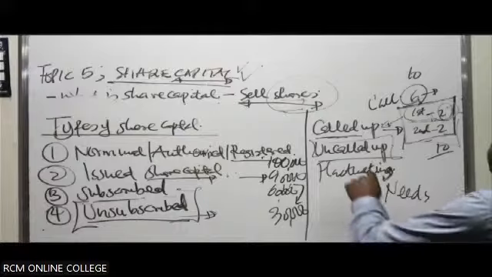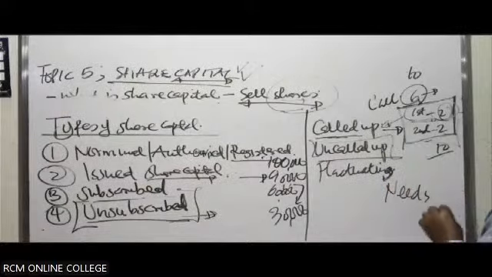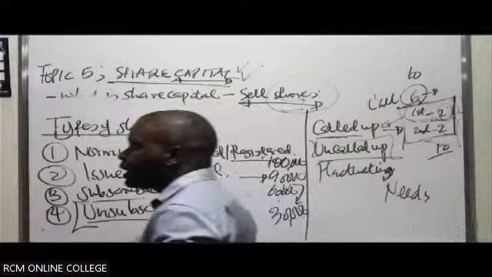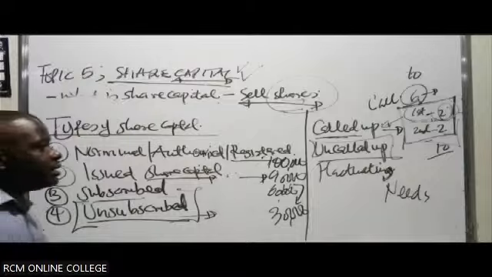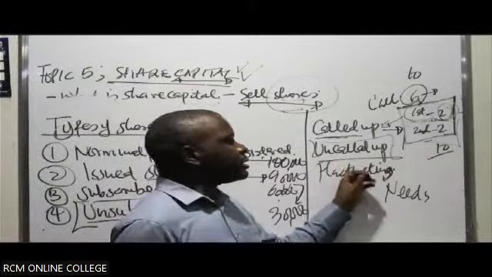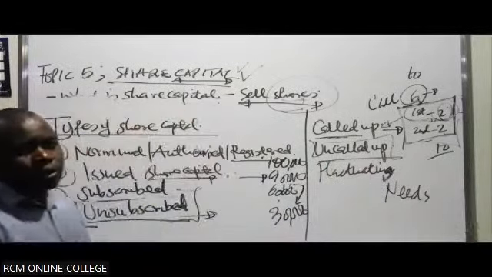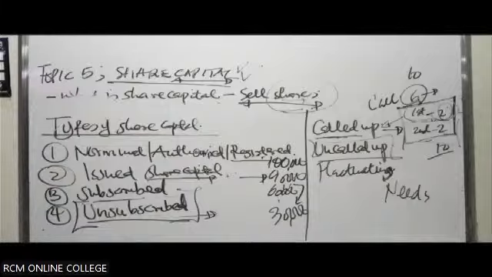When you talk about the called up capital, it is that part of the capital the company has been able to make a call or a notice to the shareholders to pay any outstanding amount. The uncalled up is that amount of the share capital the company is yet to make a call for the payment of the outstanding amount. There could be a reason why they haven't made the call. Maybe the need hasn't arisen. When it will likely arise is when they have to make a call.